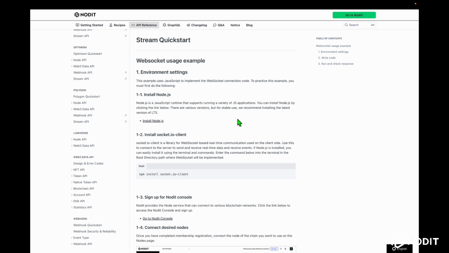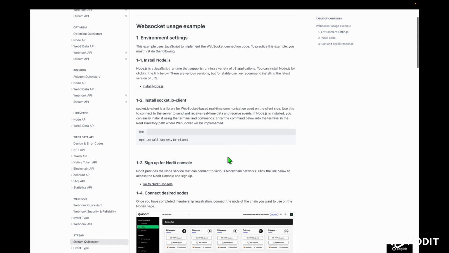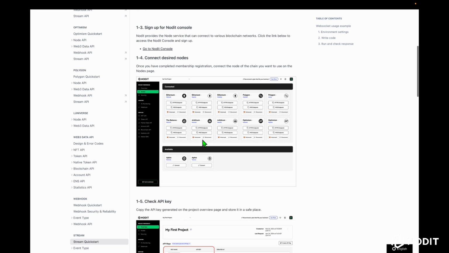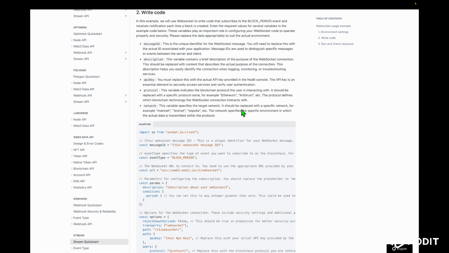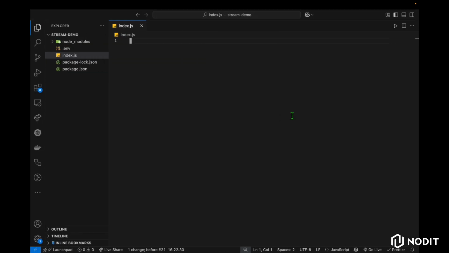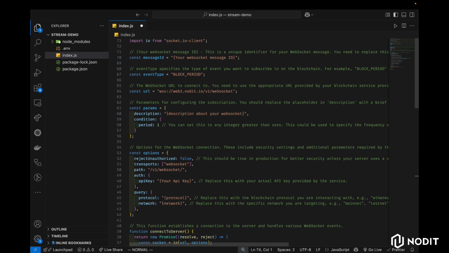If you are setting this up for the first time, follow this guide step by step to configure your environment properly. But my environment is already set up, so I will go to the code section and copy the JavaScript code and paste it into my script file, and specify the WebSocket message ID here